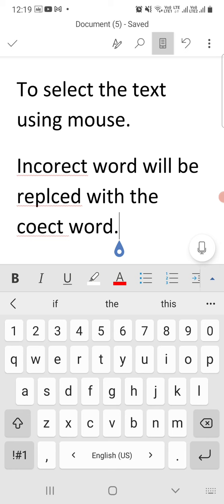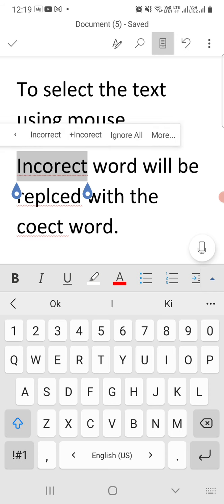So if you just click on that word incorrect, it will show you the possible words that you can input on that place. Incorrect is the right spelling. You can just click on that spelling.